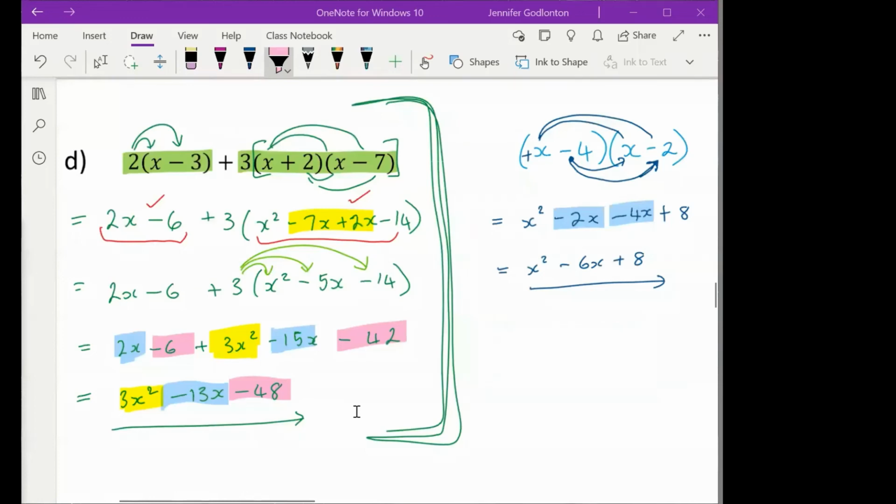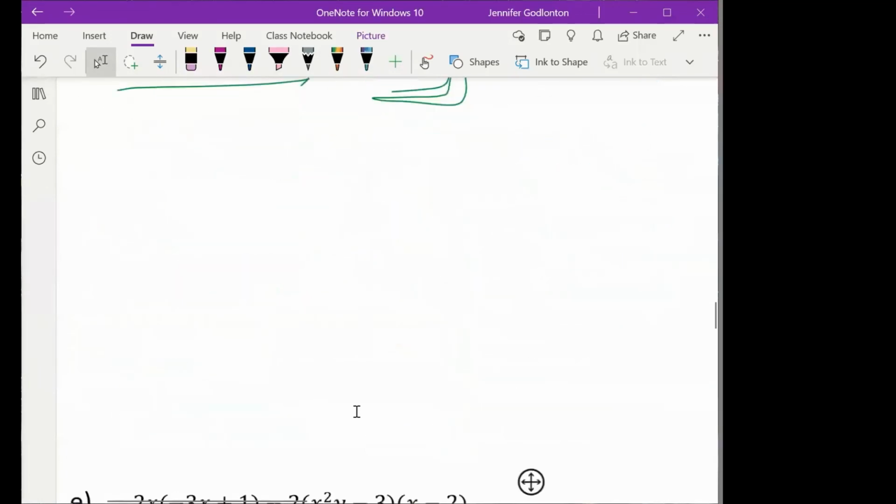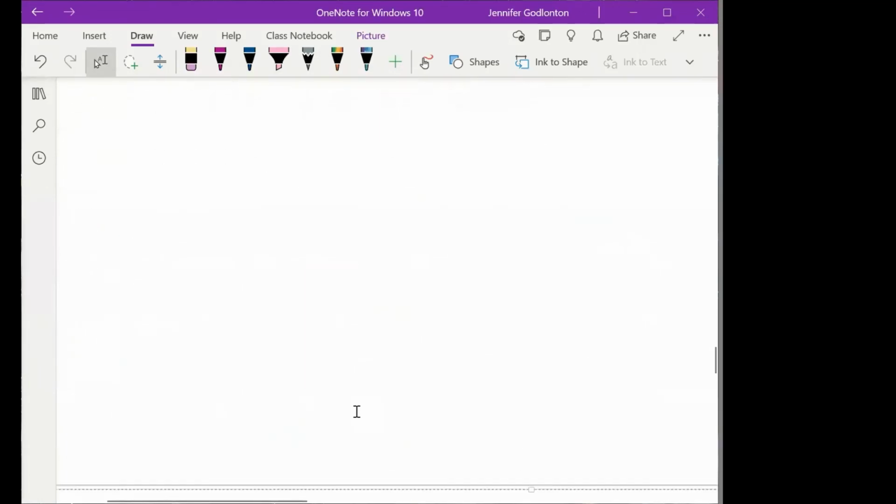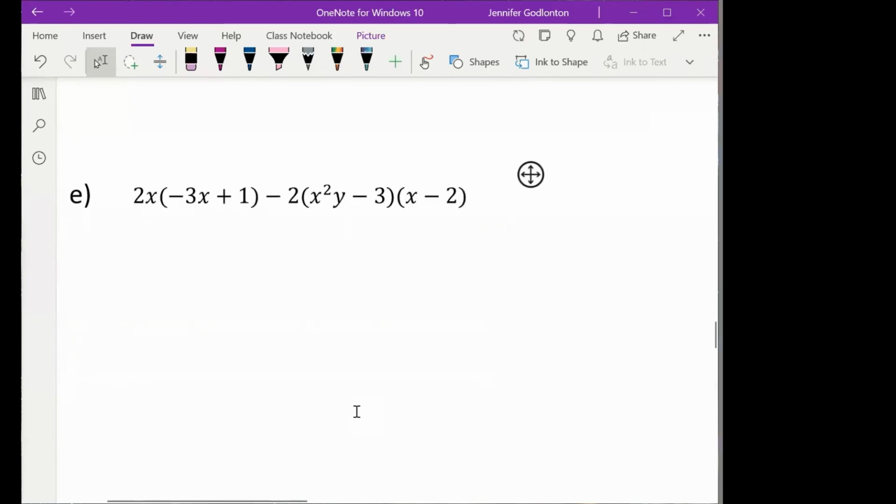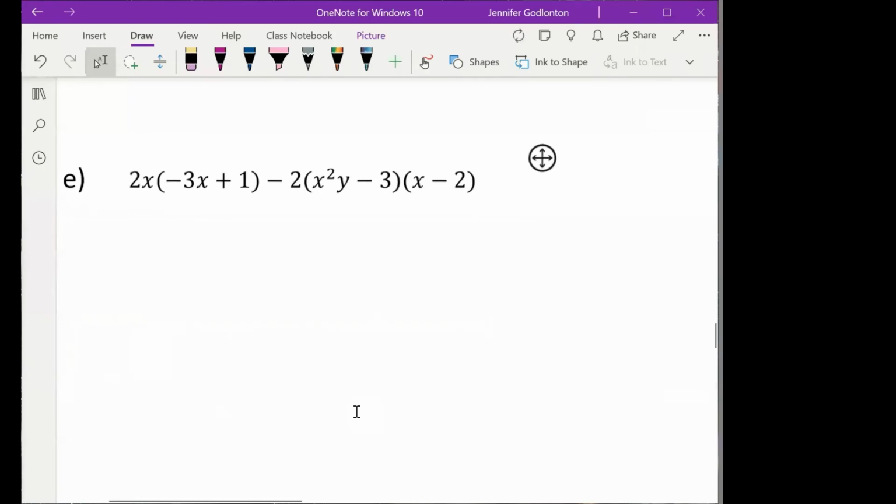Okay, I'm going to move down. Let's try and do one more for this evening. Oh, that one's a bit nasty. Ooh, okay. No, because Feroza said that the other one was so easy. So